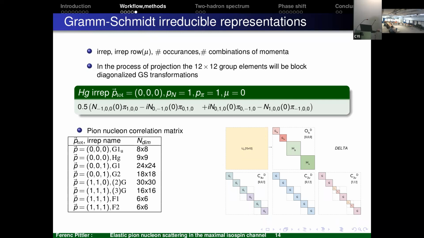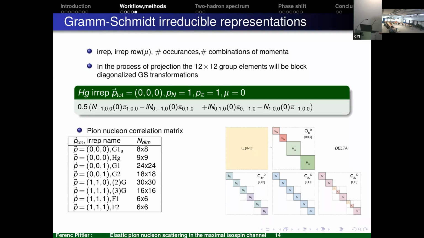In terms of group theory, if we have the 12 by 12 group element that characterizes the symmetry, this means basically that we block diagonalize it and obtain these irreducible representations. Here the picture is shown for the single hadron case, but